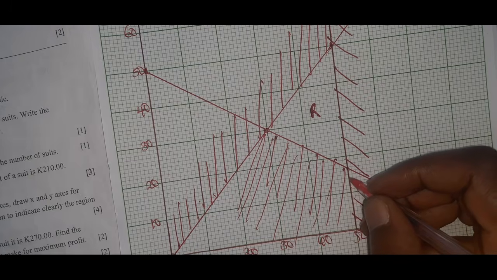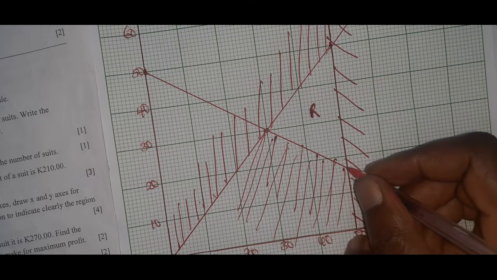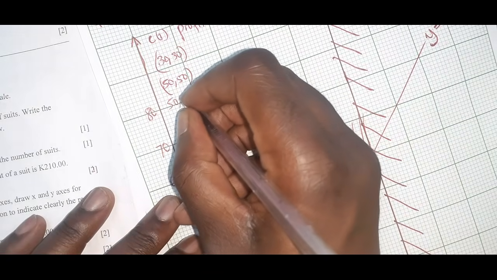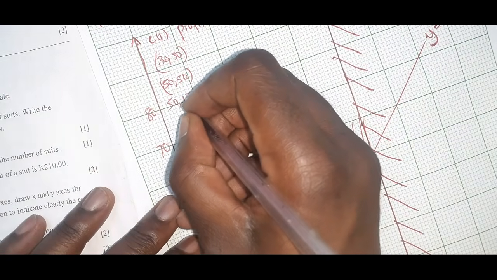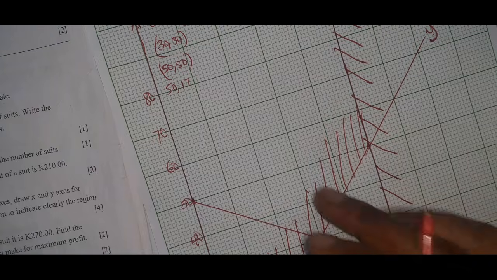11, 12, 13, 14, 15, 16, 17. Okay, so this is 17. So we're going to say 50, 17. Okay, 50, 17. So now we need to